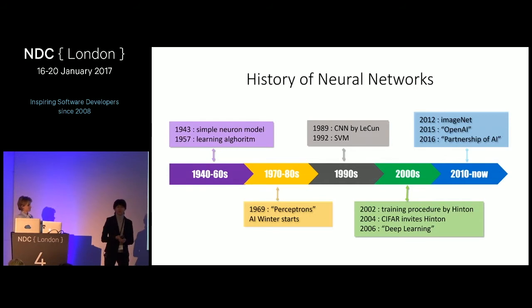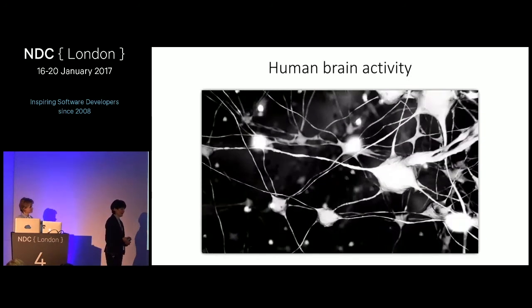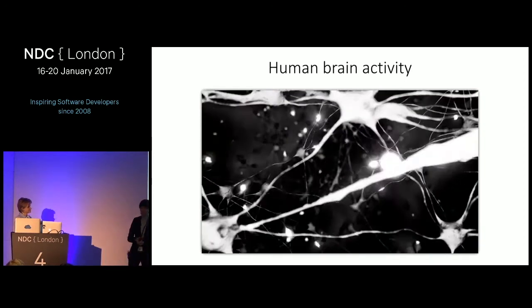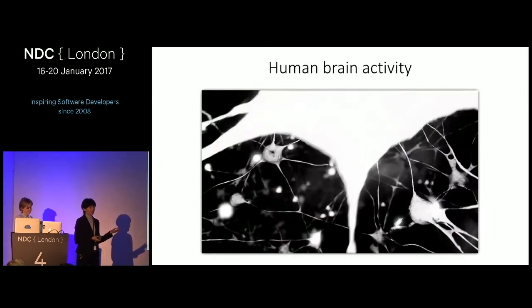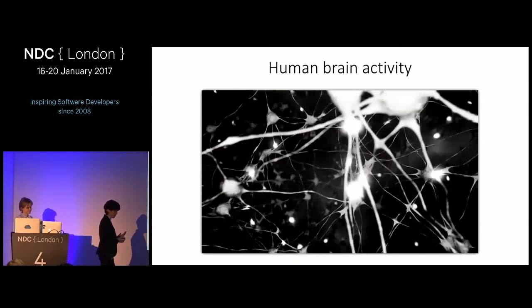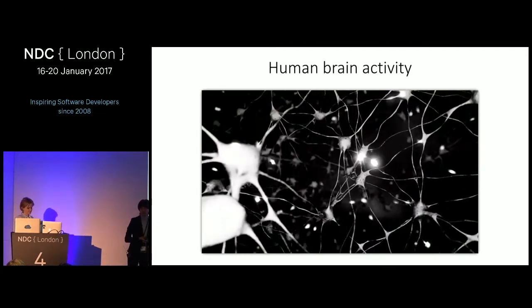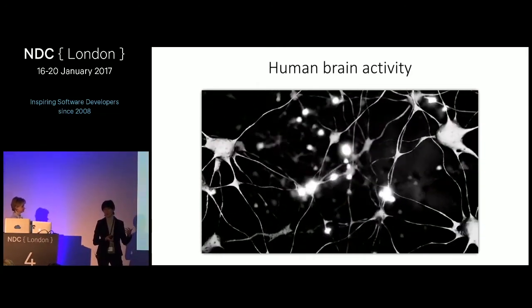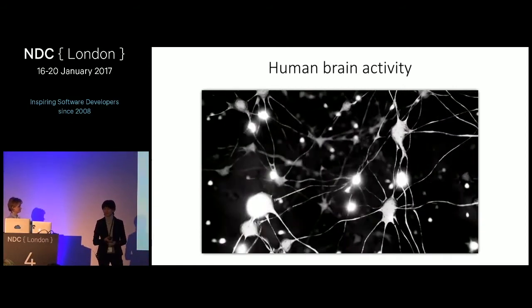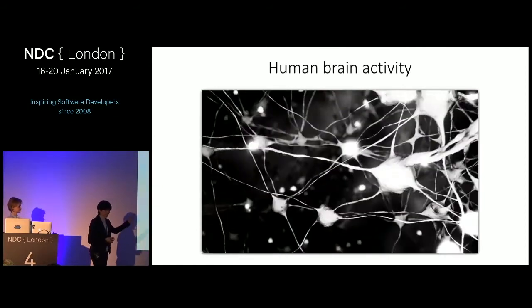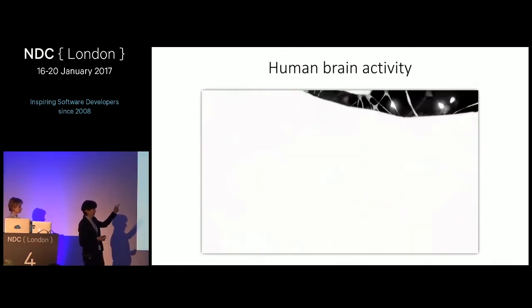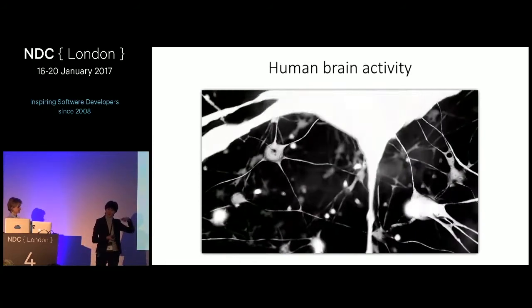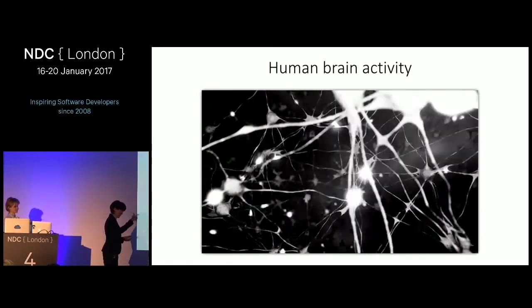Anyway, it's all cool, but we really want to know how it works. So you see, people build neural networks based on a human brain analogy. The human brain is built of about 10 billion cells called neurons. Neurons have an amazing capability of gathering, processing, and transmitting electrochemical signals. This is an artist's representation of what an active human brain looks like. I can look at it indefinitely thinking, oh, that's happening here, but it's also happening here as well. This is kind of mesmerizing. It shows me how it works.